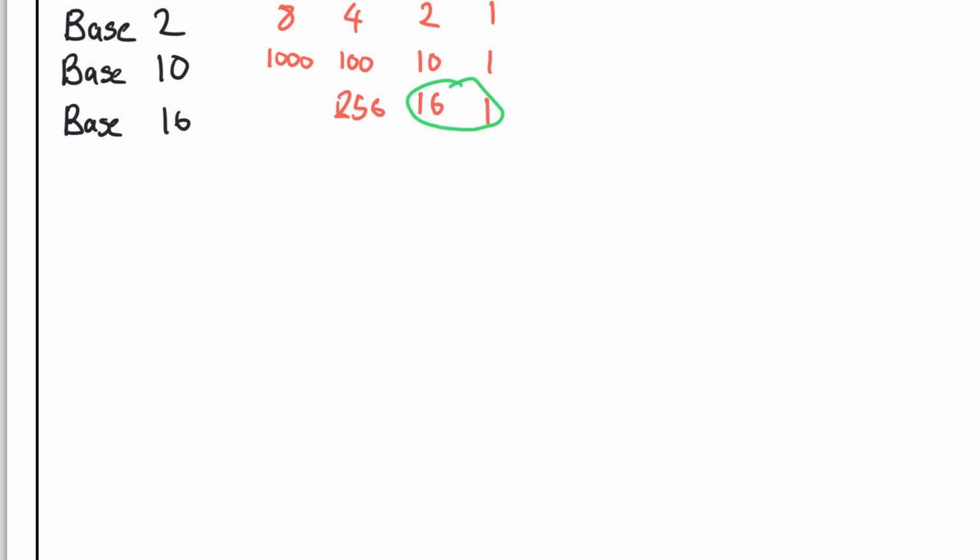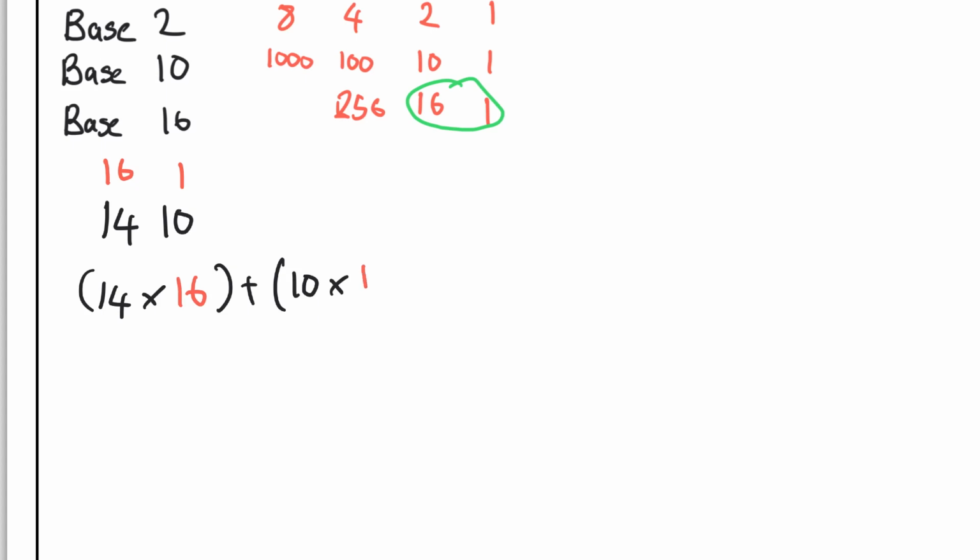So I could write a hexadecimal number here, and I could say, well, let's pick a number. We'll say 14 and 10. Okay, and you're like, well, how do I represent that? Well, that's straightforward. First column is 1s, second column is 16s, and you would say 14 times by 16 plus 10 times by 1. And hopefully you can see why that's the case, because here we've got 14 16s, and we've got 10